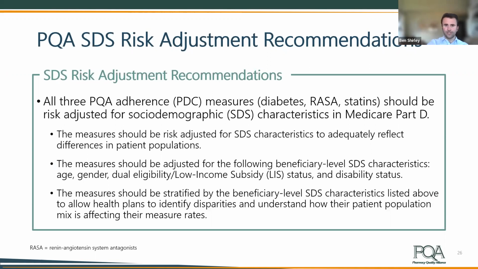And more specifically, these measures should be risk adjusted to adequately reflect those differences in patient populations across contracts. They should not only be adjusted for these characteristics, but also stratified. And these characteristics are age, gender, dual eligibility or low income status, low income subsidy status,